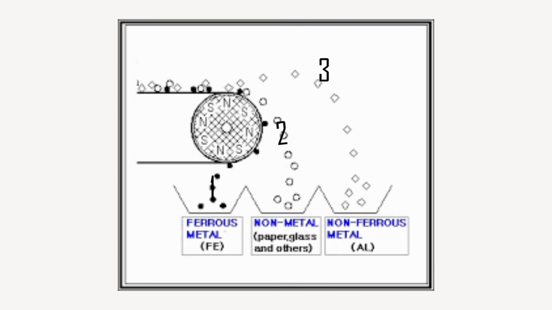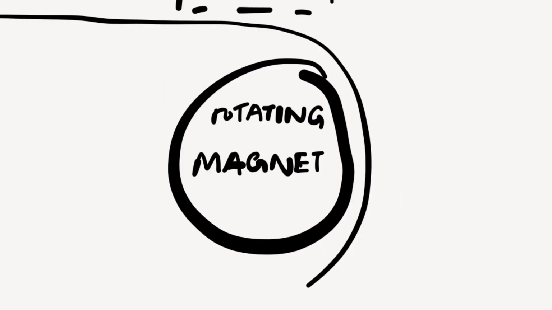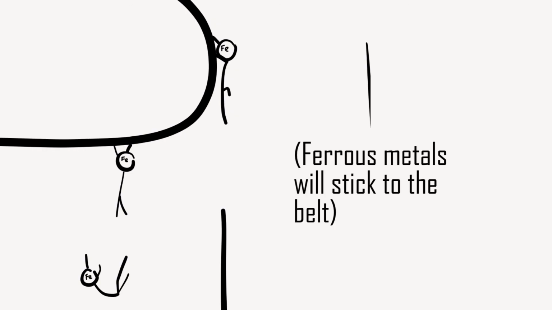What we are interested in here is the separating system itself. This can be summed up into 3 parts. The first one is for separating ferrous materials. Ferrous materials are also ferromagnetic, and thus this means they will stick or get attracted to magnets. Therefore, the separation system is pretty straightforward for ferrous materials. They only require a magnet at the end of the conveyor to separate them from the rest.